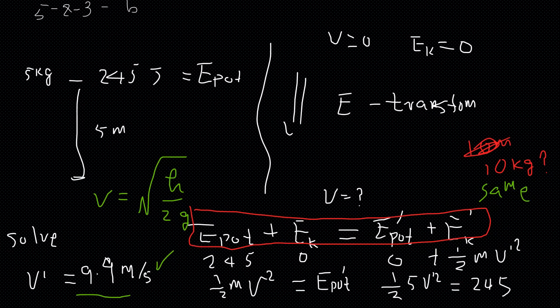Right, let's continue. We had the 5 meter height, and the potential energy we figured out from the previous slides, with 245 and 5 kilogram, that's 245 joules. Now I add another question. If you release this object from that height, when it drops to the bottom, what would be its speed at the moment when it reaches the ground?